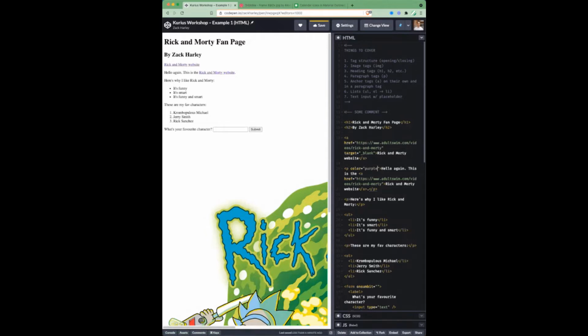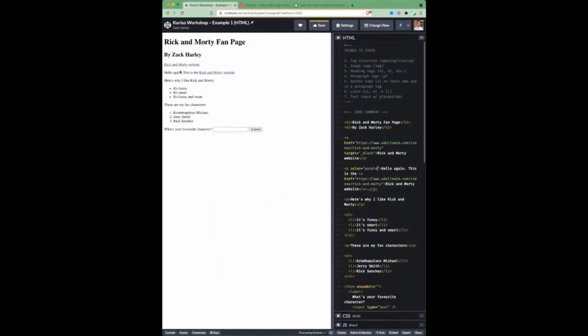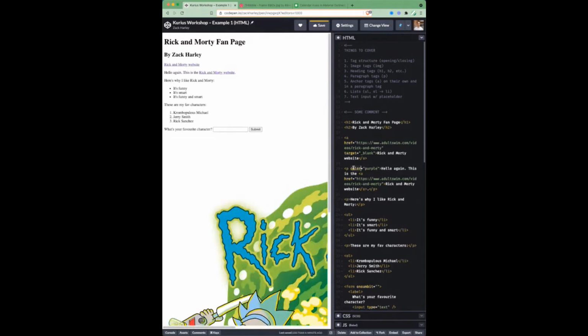So this is the fun part, you can actually use names of colors. And we'll see here, style equals color purple. Alex made a good point here. We can use a hexadecimal color as well. You'll notice that our hello again, this is the Rick and Morty website, is now purple, but we can also do, let's take a look at here's why I like Rick and Morty. Let's do style equals color, and then let's just do 1, 2, 3, 4,